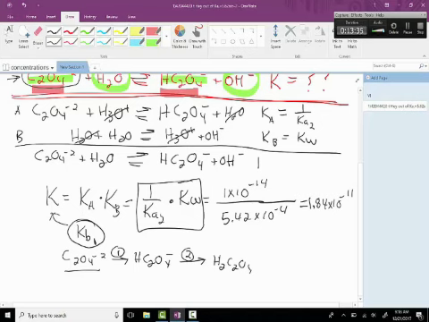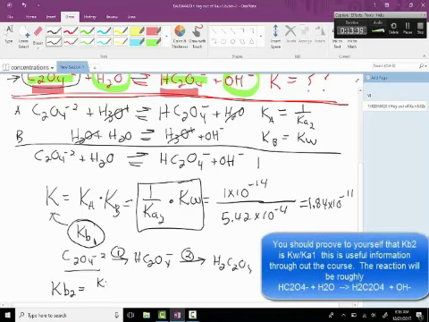And in general, Kb2 will be equal to Kw divided by Ka1. Okay? So there you go, manipulating them. Now I'll do another video with more complicated